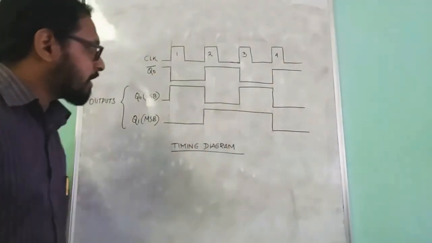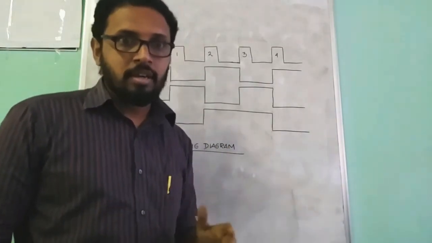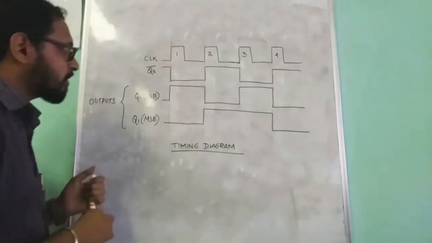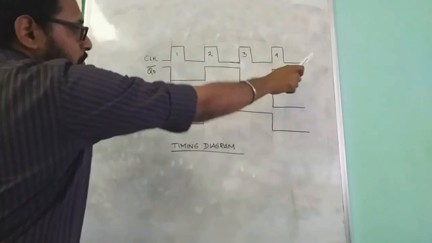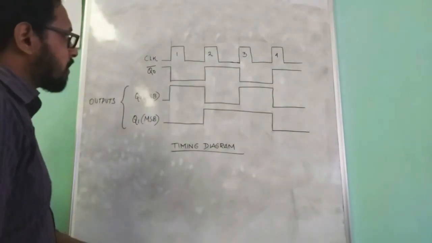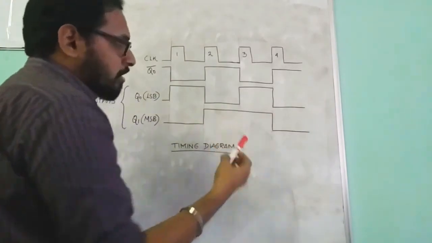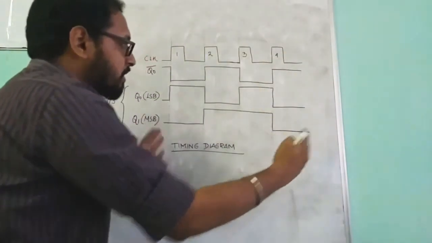This is the timing diagram. It's very easy to construct this. We already got that particular truth table, and based on that, I have constructed this. So this is the clock pulse. 4 clock pulses are given, marked as CLK, and after each clock pulse, I have drawn a red mark. This is a division.